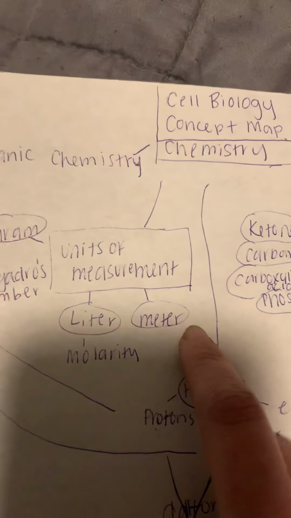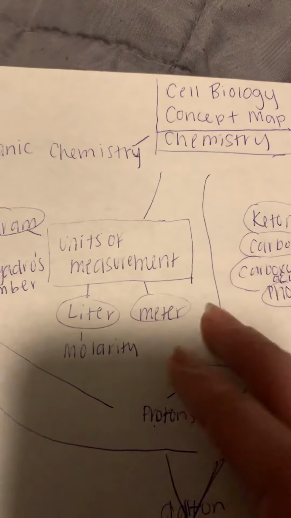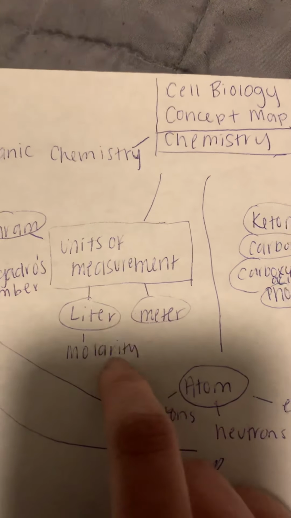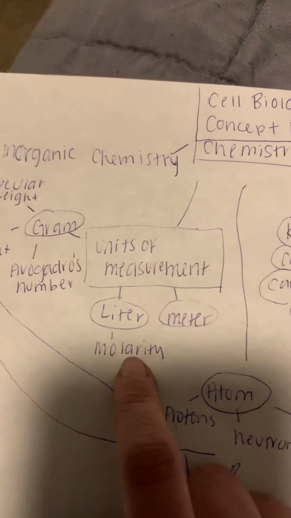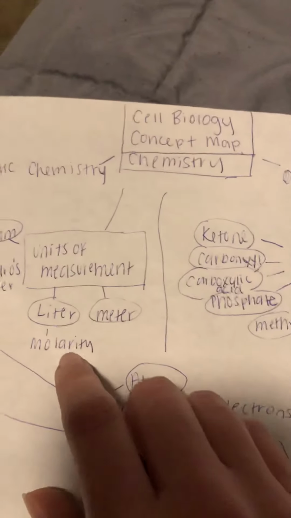So meter is distance, and these are all SI units in chemistry. Liter is volume, typically liquid, and